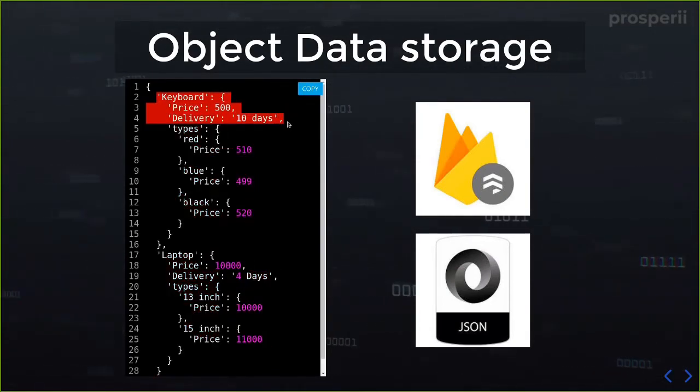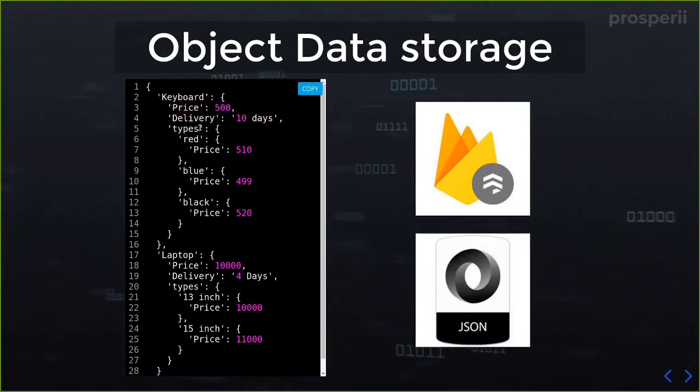So like the price, the delivery, and then one more thing which we need to understand is over here, we can also have a type which is a nested object. So inside type, we can again have a type red, and each type has a different price. So if you go online shopping for a mobile phone, then each and every color of that particular mobile phone usually has a different price tag associated with it.